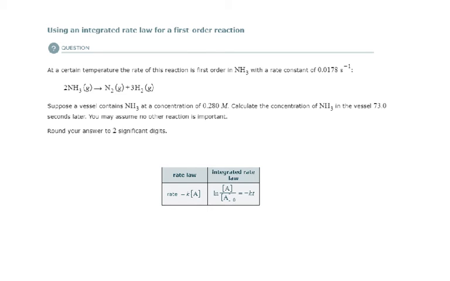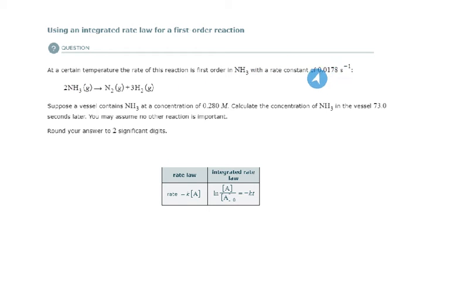All right, so here we're going to be using integrated rate law. So we're talking about a first order reaction. Now here's the reaction, the decomposition of ammonia to nitrogen and hydrogen gas. And it says at a certain temperature, the rate of this reaction is first order in NH3, which is our only reactant, with a rate constant of